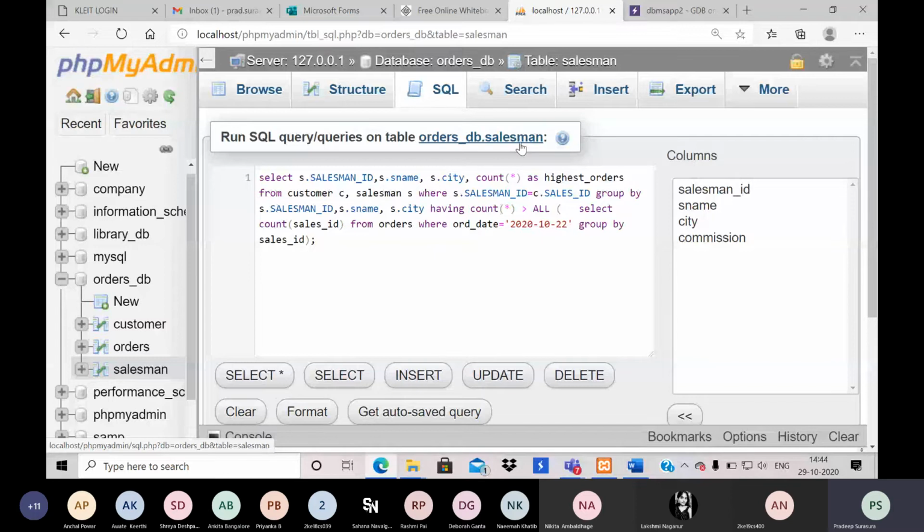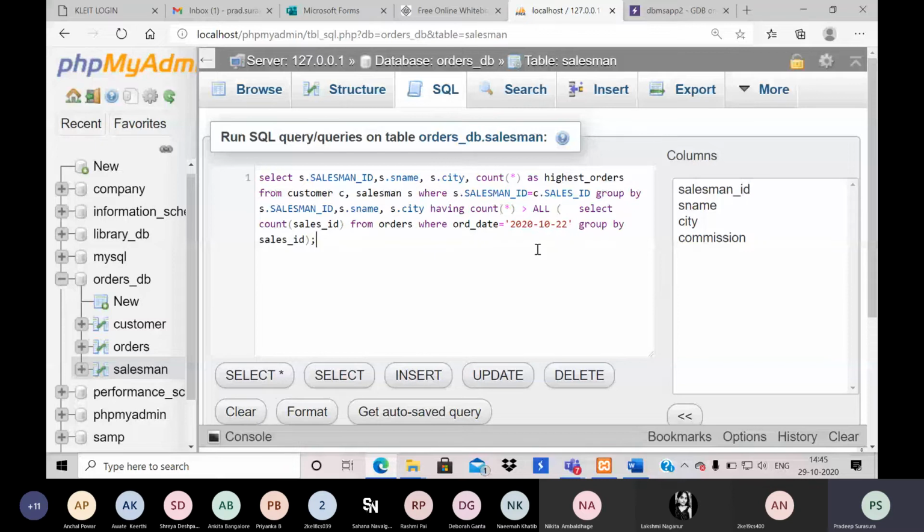Yes, sir. What is this? What I did and what was that? I had replaced the earlier query. The purpose of the query was to display the maximum values or maximum rows. When I'm trying to display maximum rows, meaning on a particular day the maximum sales, I need to find out. So here I will just get the count.